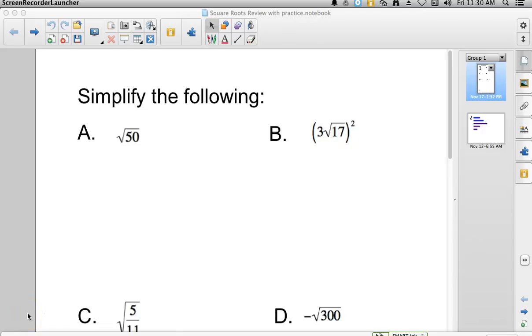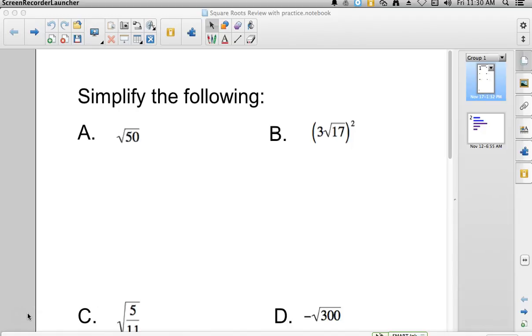Okay. All right, we're going to simplify radicals because when we come back from Thanksgiving break, we're going to talk about a process called completing the square, which should make you think, yes, we're going to start doing stuff with square roots. So what we have to do is remember, we made a list the other day of all those